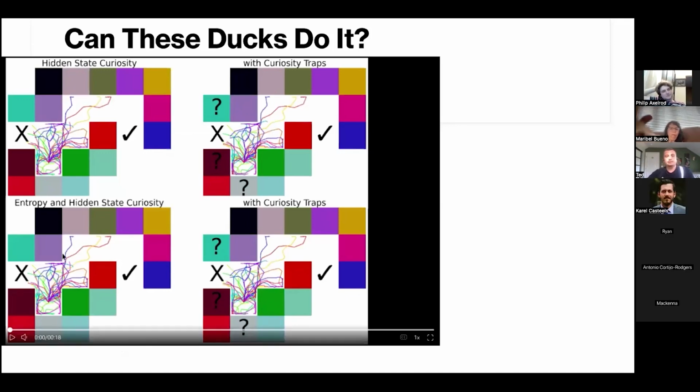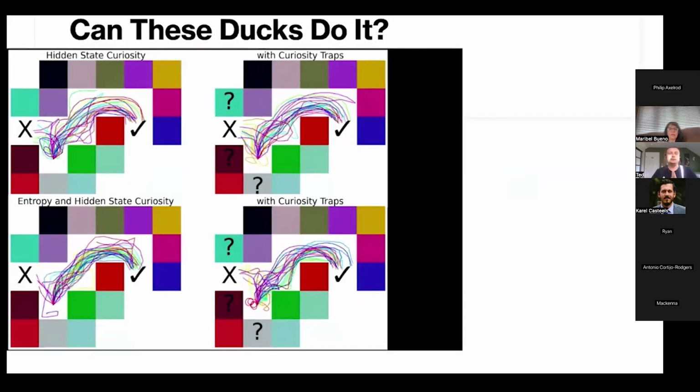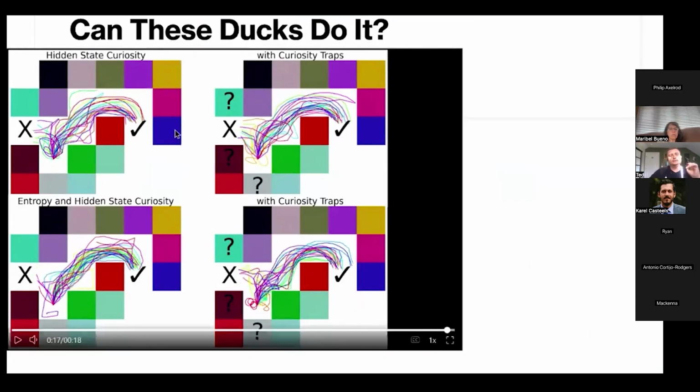So if we can look at how these ducks are doing, here are hidden state curiosity ducks, the same with entropy. And on the right side, the same things with curiosity traps. And I'm just going to move to the end here for time. But so after 5 minutes of training, just like all those other ducks, a lot of these ducks are choosing the exit on the right side, but also very few of them seem like they're